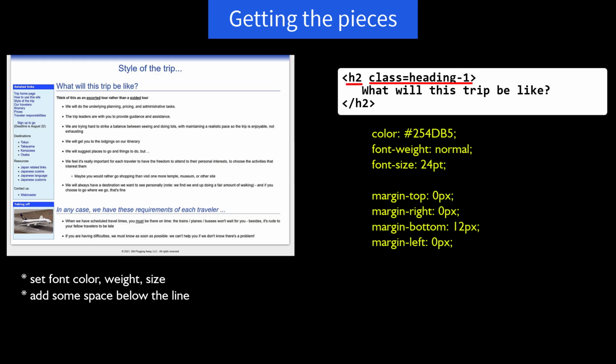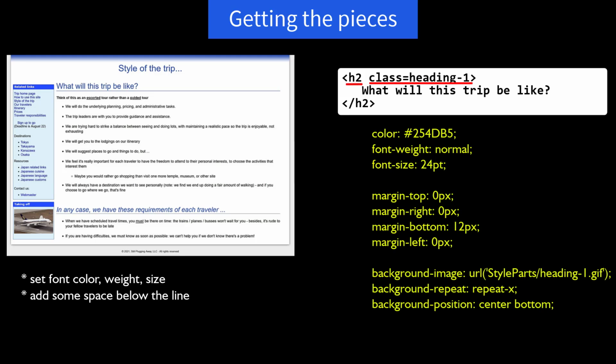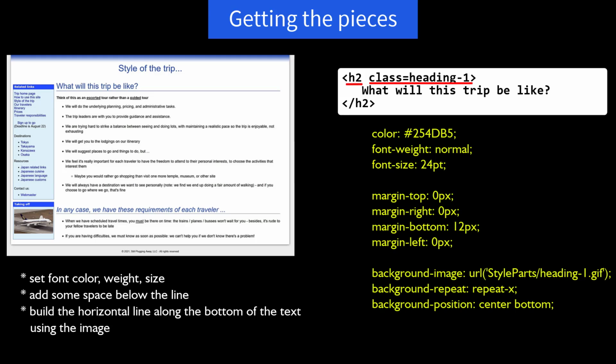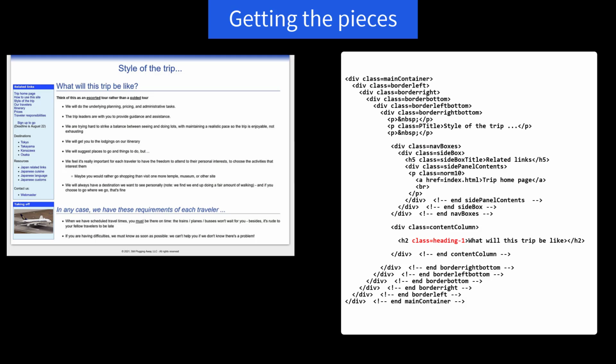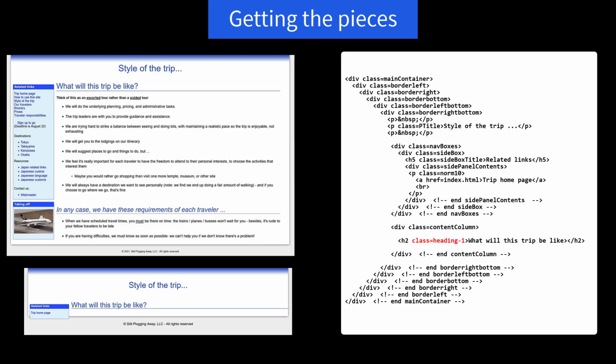So add some space below the line. And background in URL styleparts/heading-1.gif. Background repeat X, background position center, bottom. Build a horizontal line along the bottom of the text using the image. So then we simply add this class to our H2 element down here, and we now have this,